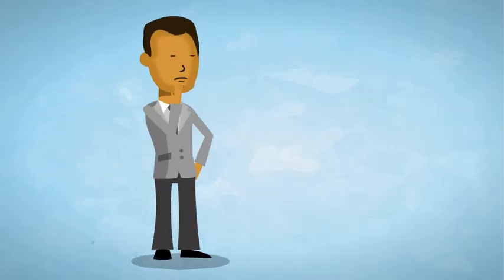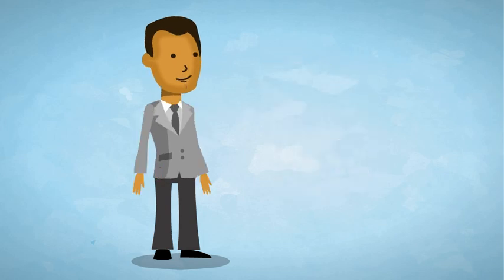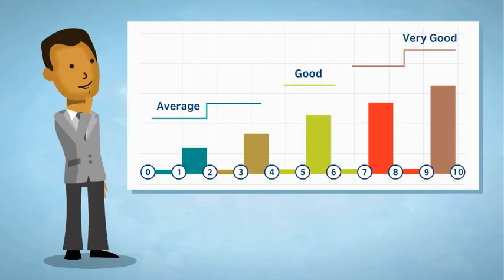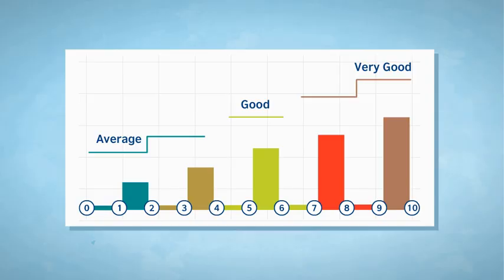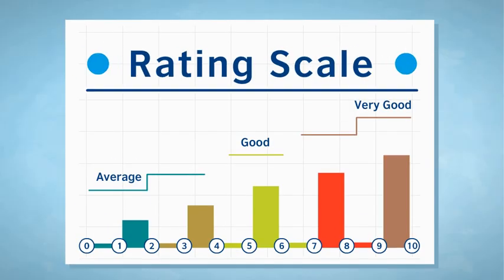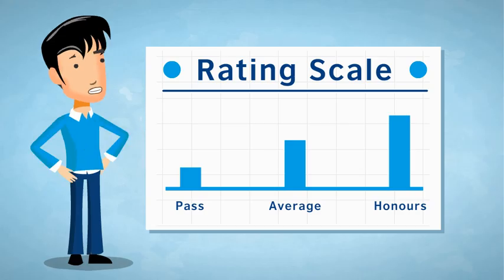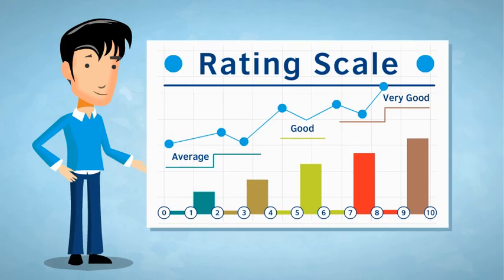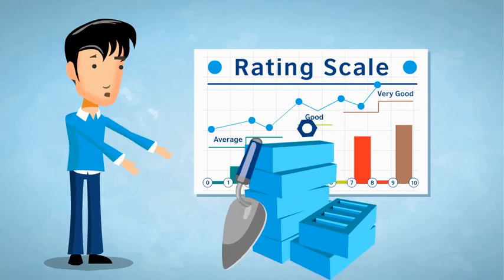When the examiner is asked to award a score for a speaking test performance, it is usual practice that they use a set of descriptions of what to expect at different levels of ability. This set of descriptions is known as a rating scale. Some rating scales are simple in design and simple to use. Others are more complex. As with most things, the complex ones tend to be best, but are more difficult to create and use.